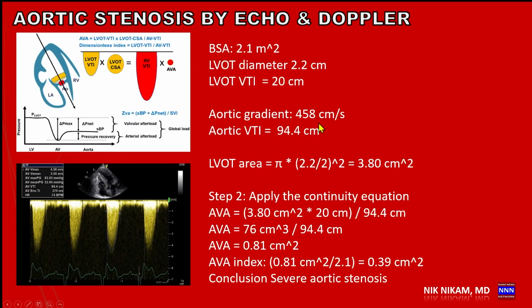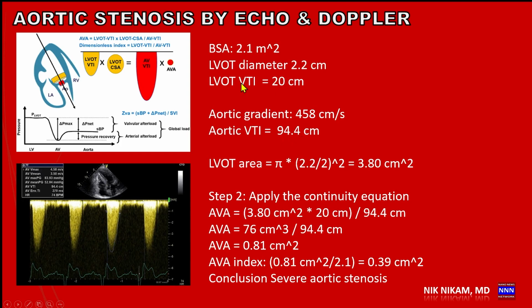All right, so let's take, for example, one patient who has a body surface area of 2.1 meters square. And let's assume the left ventricular outflow diameter is approximately 2.2, and the left ventricular VTI, or velocity time interval, or integral as it is called, is 20 centimeters. Now we have this aortic valve continuous wave Doppler with a maximum velocity of 4.58 meters, which should be converted into 458 centimeters per second. Then we get an aortic VTI of